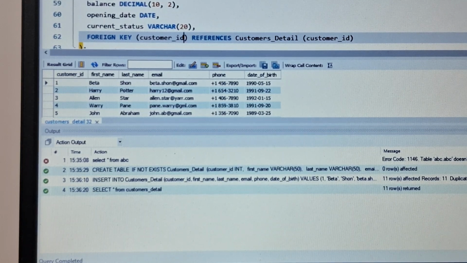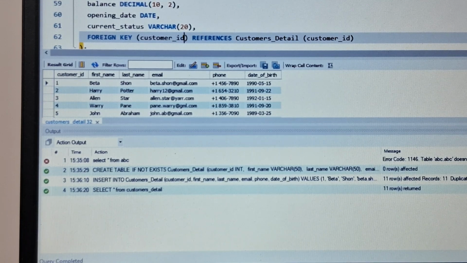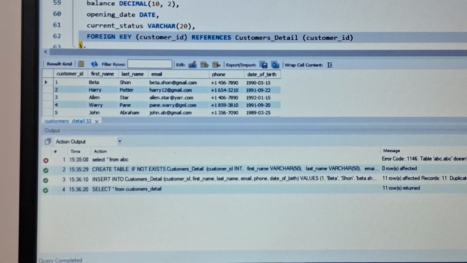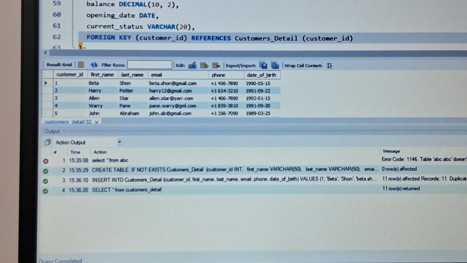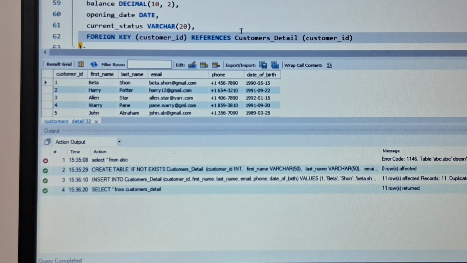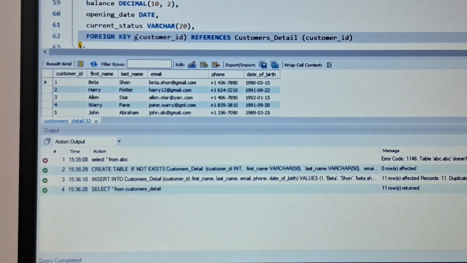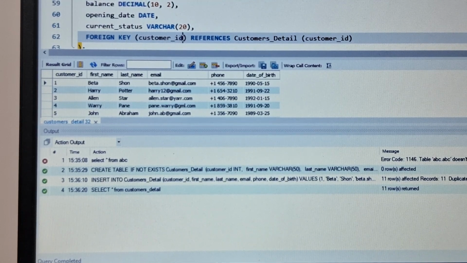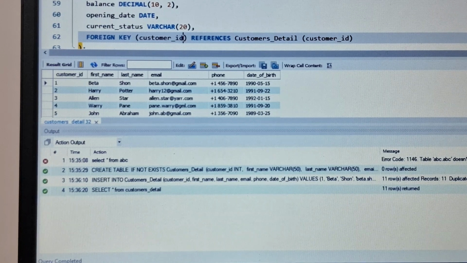Account type is varchar, it will have character values. Balance will show the balances, then opening date of account, current status, and as I told you, customer ID will be the same as in our customer details table.